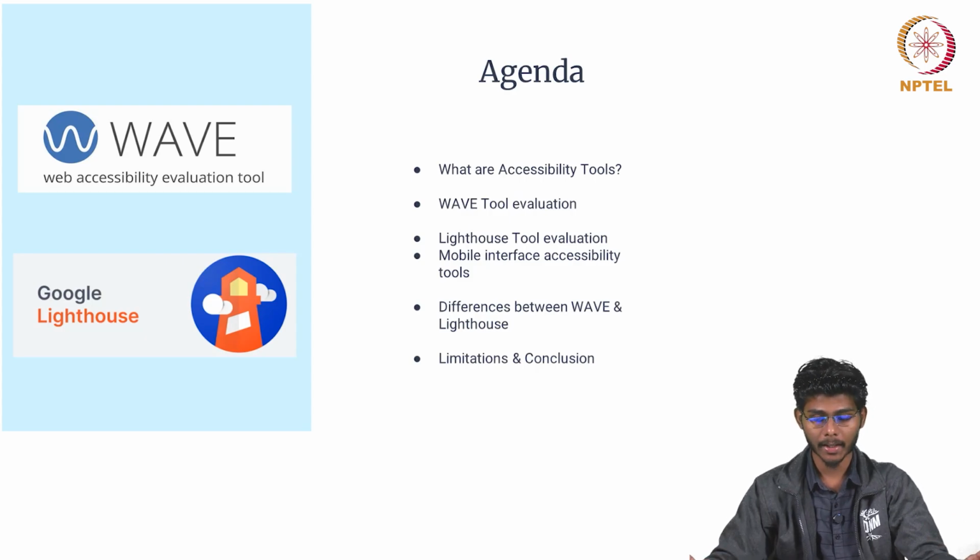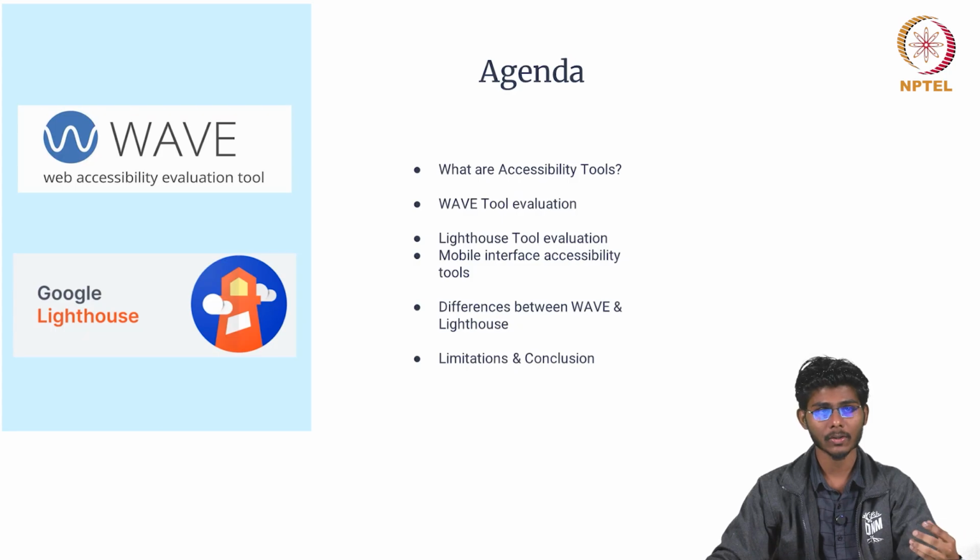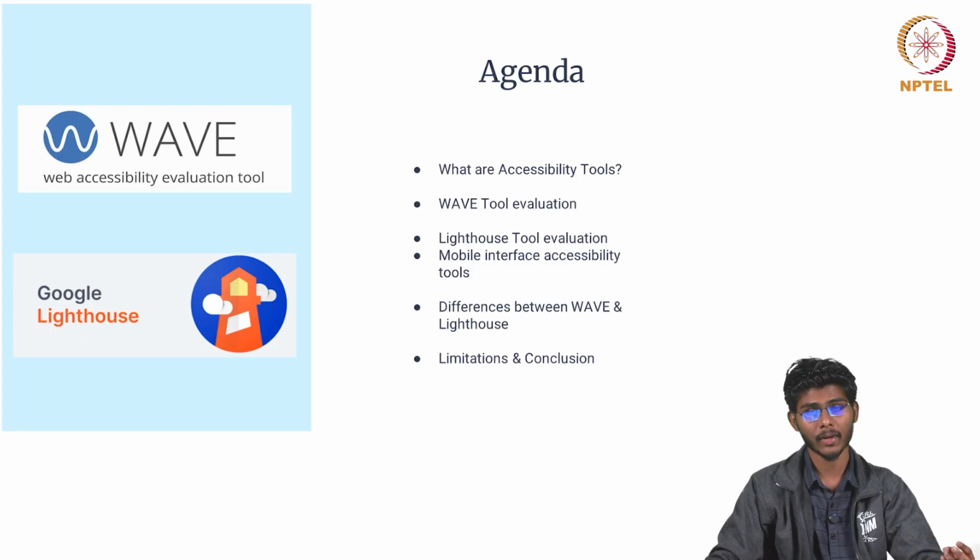Before we jump into the technical details, accessibility tools are web services which can be installed, or you can take the URL of any website, and through these web accessibility tools you can find the errors and the barriers the website faces, like HTML elements and image elements, etc. Basically it tells how interactive the website is, how responsive it is, and also how accessible the website is for everyone, including users with disabilities, users with cognitive defects, etc.